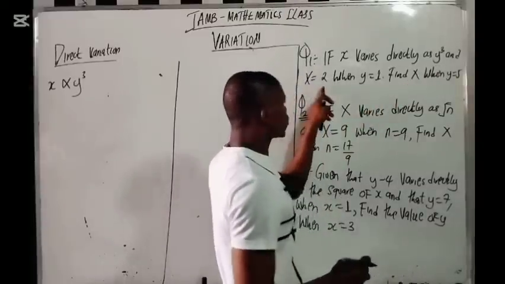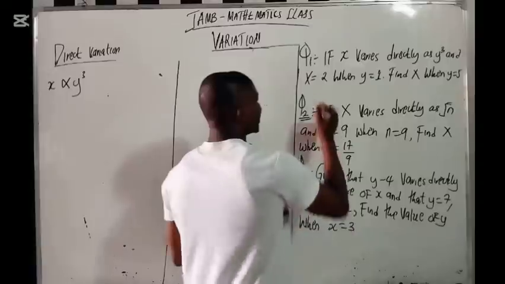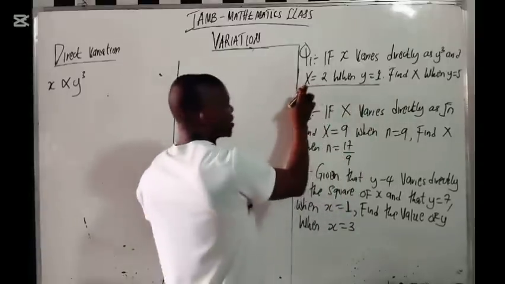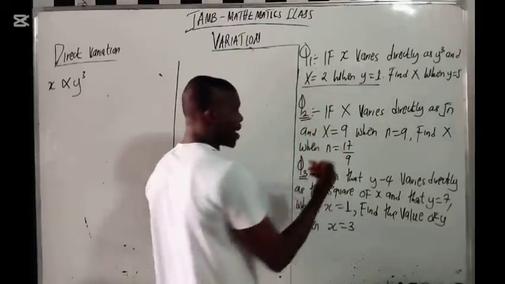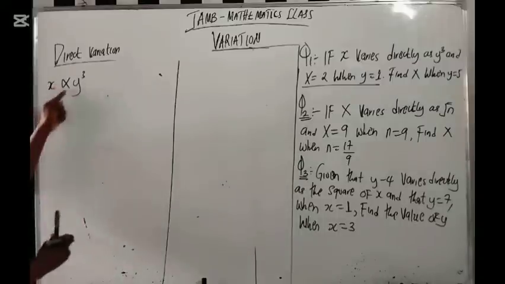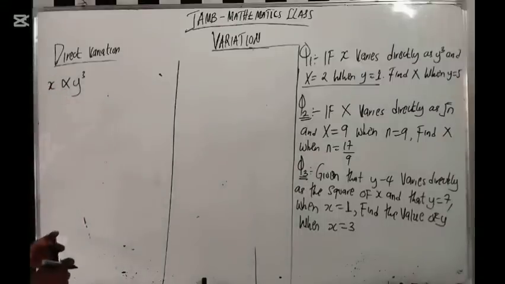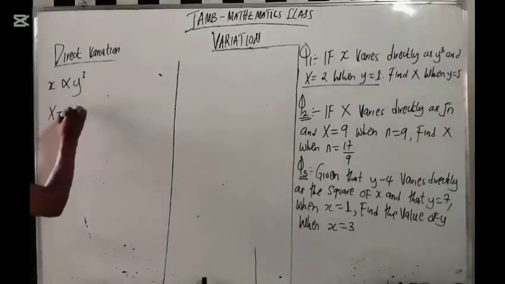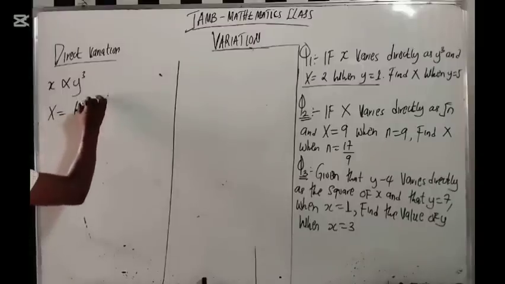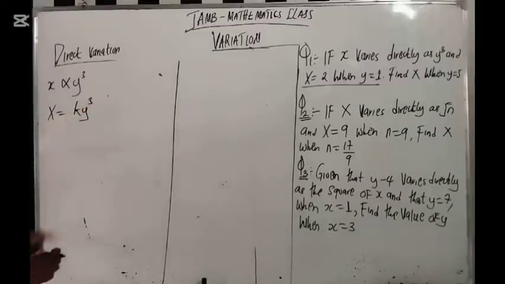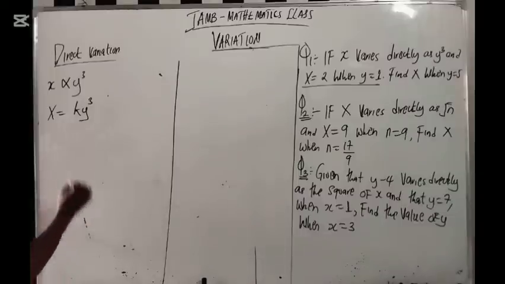And x equals 2 when y equals 1. They give us x to be 2 and y to be 1. It means that I have to remove the sign of proportionality and introduce our constant. So it's going to be x equals k y raised to 3. Now make k the subject of the formula here. If you make k the subject of the formula, divide both sides by